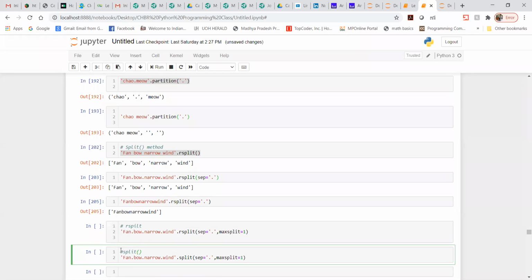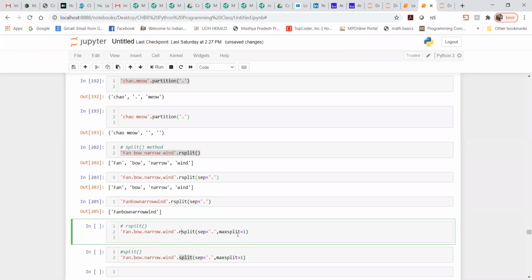You can see I have specified rsplit and split so that you can clearly see the difference between both. Everything is the same. The string I have taken for rsplit is similar to the split, and I have specified the same separator. Maxsplit is 1. Here I have written the method rsplit, and here the method split, so the only difference is the r versus without r.